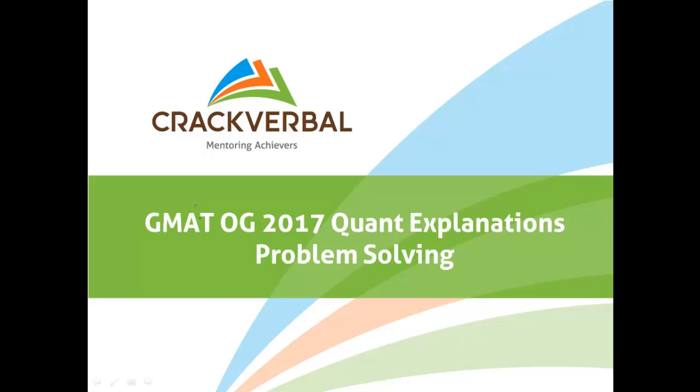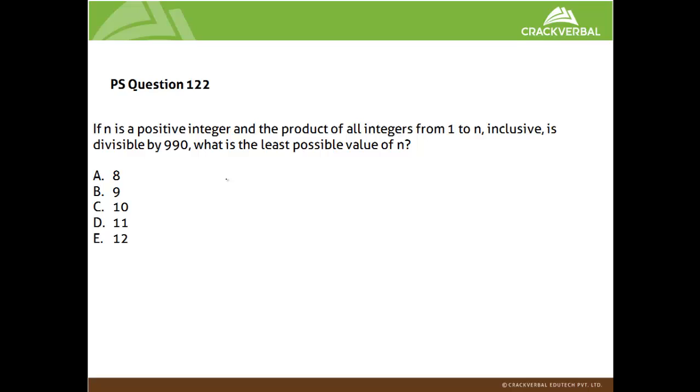Hi, in this video, we'll be discussing GMAT Official Guide 2017 edition Quant Problem Solving question number 122. Let's have a look at this question. The question says if n is a positive integer, that is n is greater than 0,